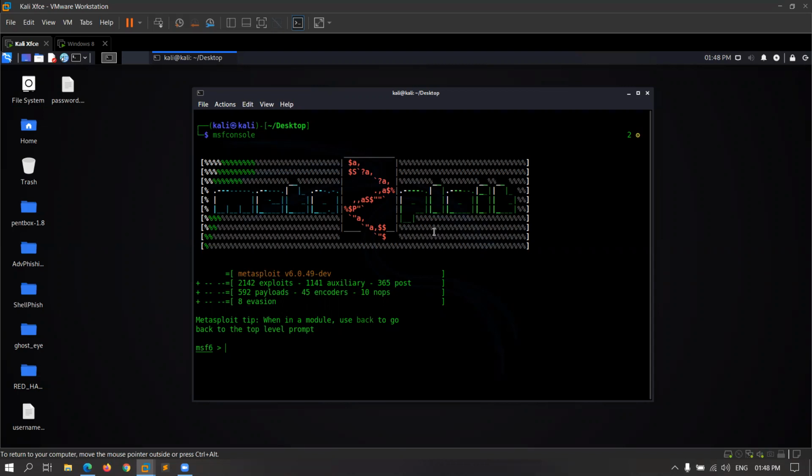So Metasploit has been started and you can change the banner of Metasploit if you don't like the banner that is showing. You can use the banner command.